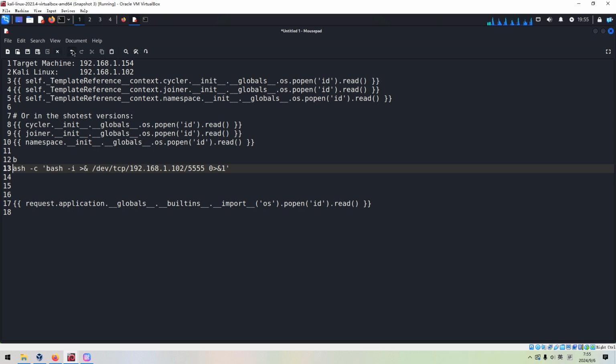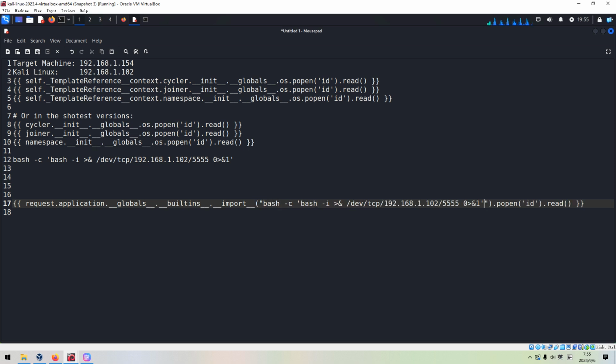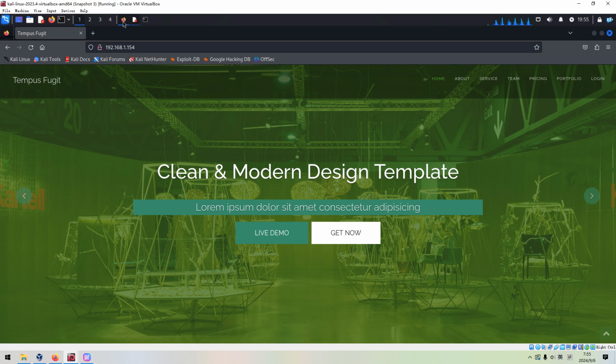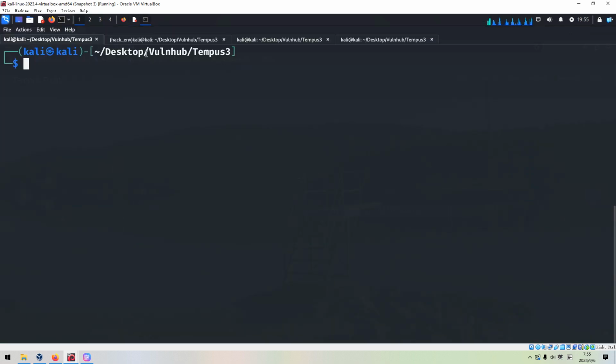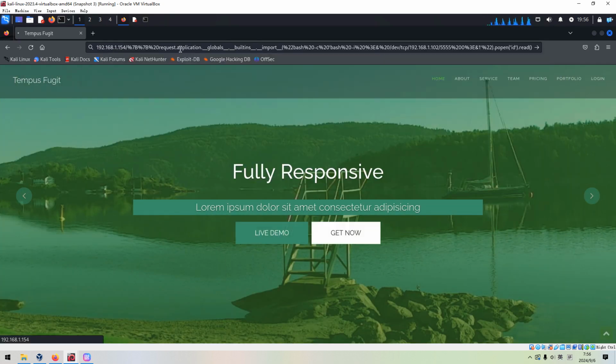We can copy the entire command and paste over here. Now we can copy this command to see whether we can run the reverse command. Of course, we need to set up the listener on the Kali Linux first, and wait for the connection from the target. And we can paste over here.